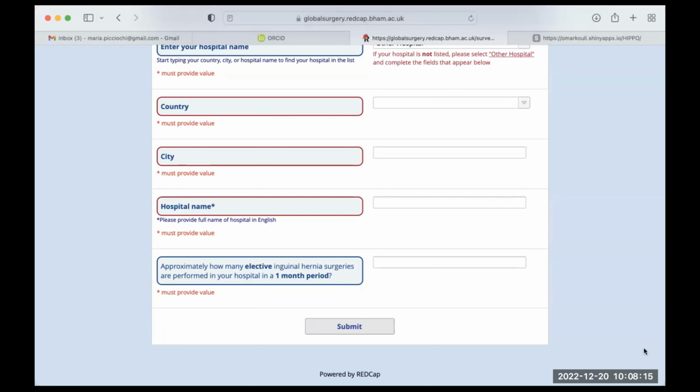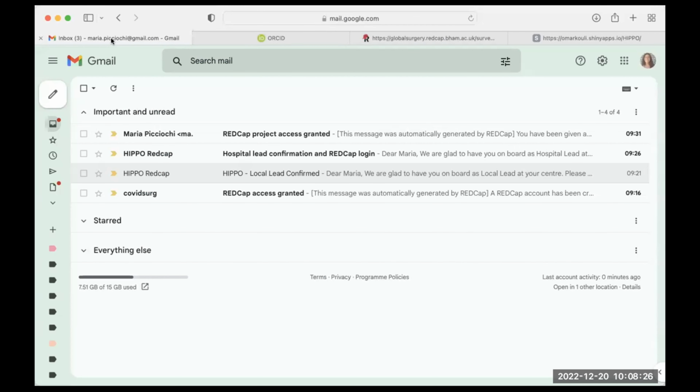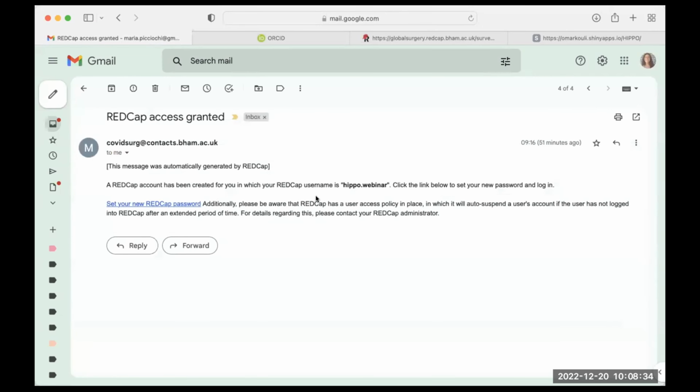Okay, I don't think we have any more questions. So I'll continue the process. The second stage might be a bit more complex. After that, you should expect 2 emails from our team. You should expect an email like this, where you have a RedCap account and you need to set up a password.